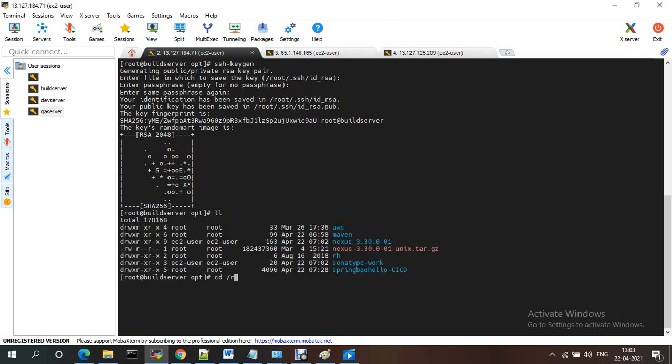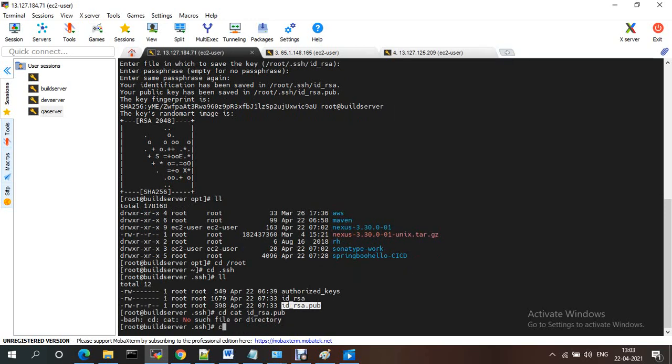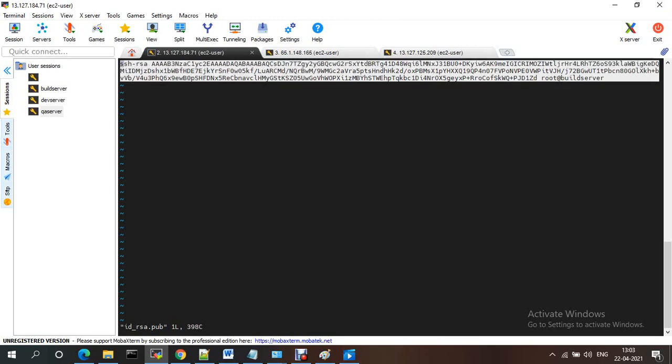Go to root, cd .ssh, and you will have id_rsa.pub, the public key. I'm copying this key.